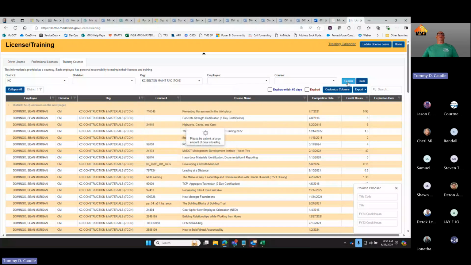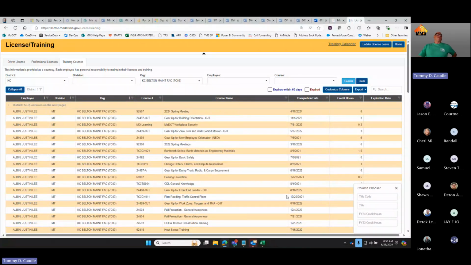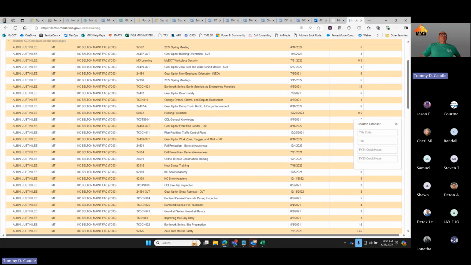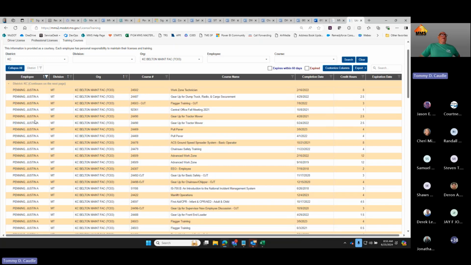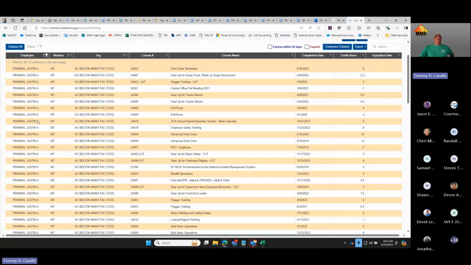This will be a more realistic approach. Come in here as a building supervisor. I've got Belton pulled up. This is kind of what you'd see. You've got a list of employees. You can use your filter button right here. You go through and, like, I'm wondering, okay, what's Mr. Penning looking like? I can filter there. It'll bring up all of his